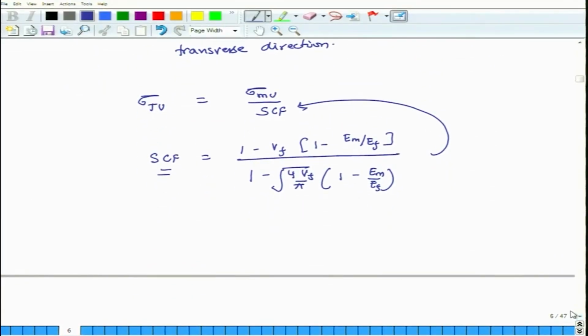Sometimes it happens that we do not know at what stress the matrix may fail, but we may know at what strain it will fail. Okay. So, if the failure strain of the matrix is known, then we use a slightly different relation. We say that epsilon Tu, which is the failure strain of the composite, is nothing but the failure strain of the matrix material divided by another factor called SMF. And what is SMF? SMF is